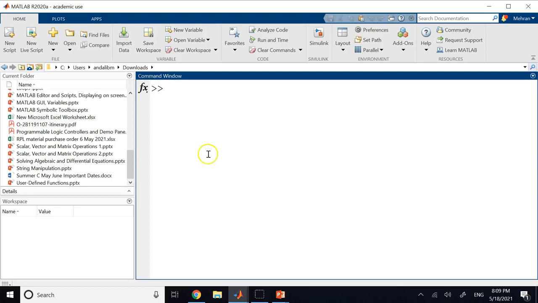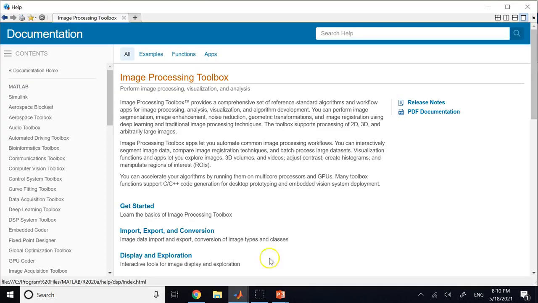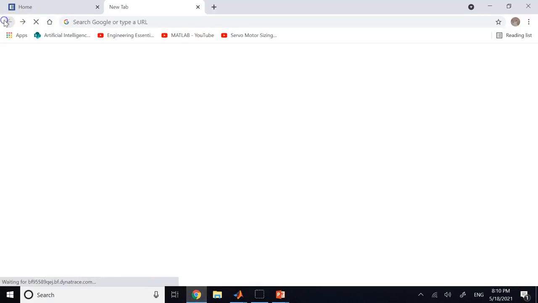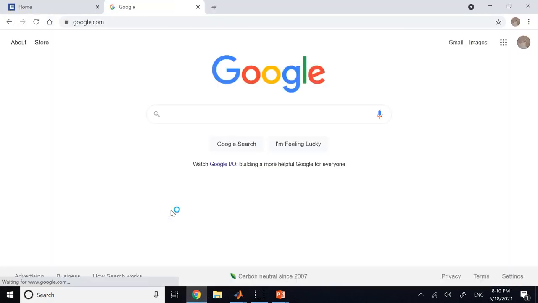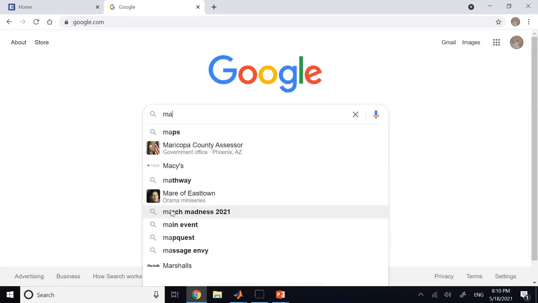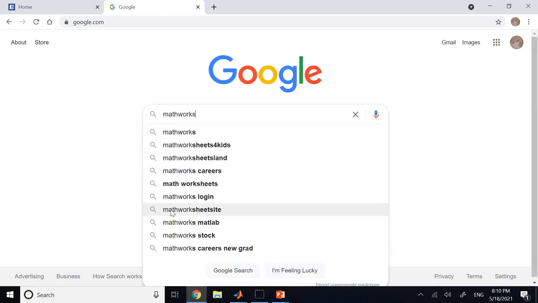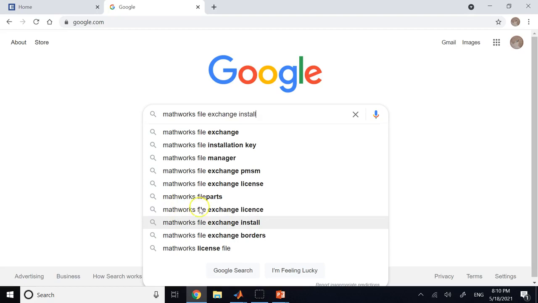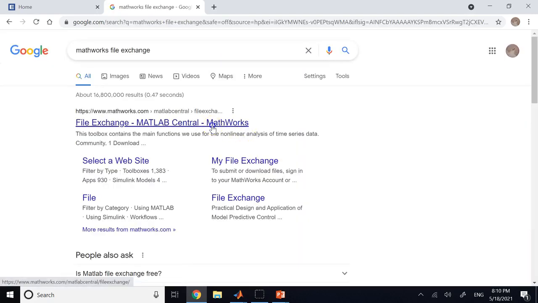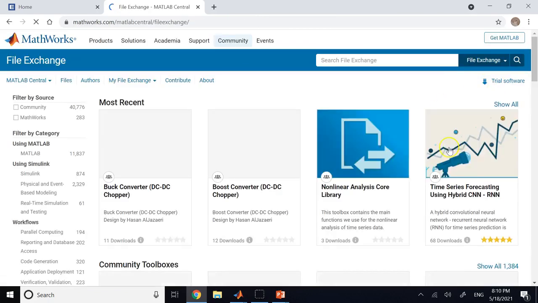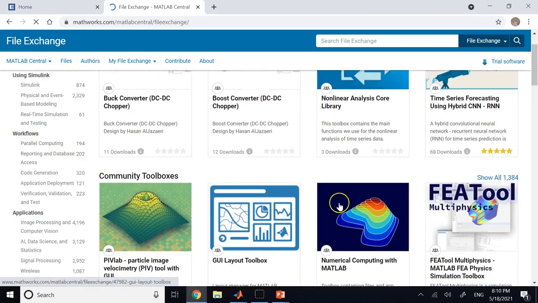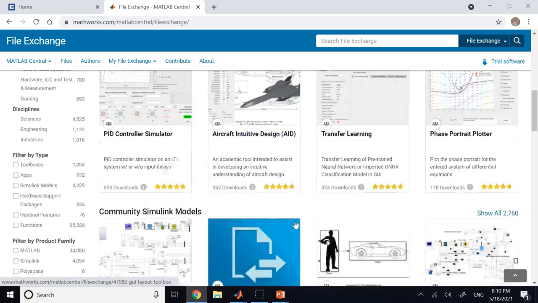But for every application that you have, you might not find a function already written for you, but some people who are really enthusiastic about MATLAB, they have created lots of extra files and functions to perform different tasks that might not exist in MATLAB by default. So you just go to MathWorks File Exchange. Okay, and here is where you can see lots of different functions that people have written, even toolboxes and so many other things for you to